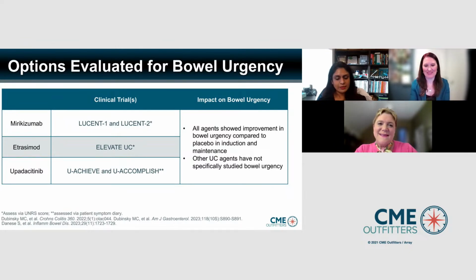Absolutely. Yes, hopefully that's exactly the point with these new clinical trials, that people are assessing bowel urgency. I think it's important to tell patients that all ulcerative colitis involves the rectum. So that's the driver of urgency. And so, yes, we are all going to use all of these therapies